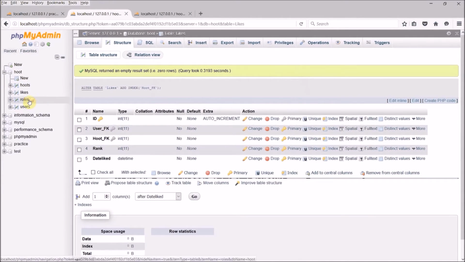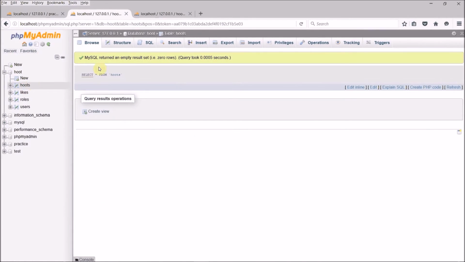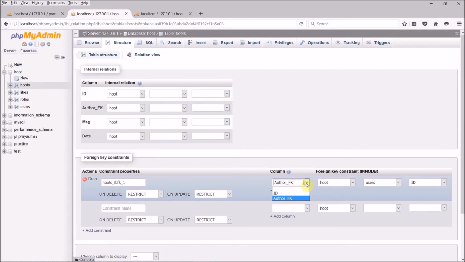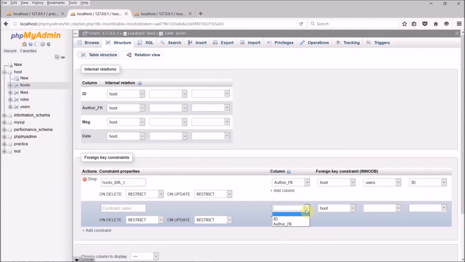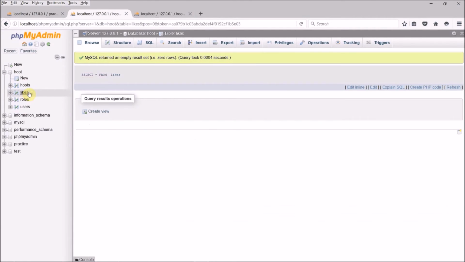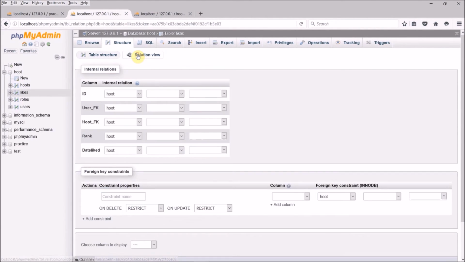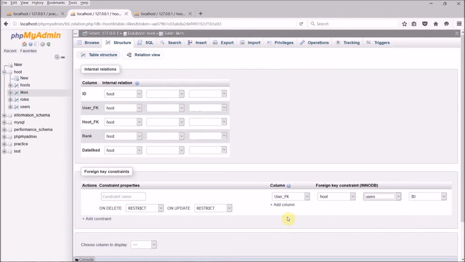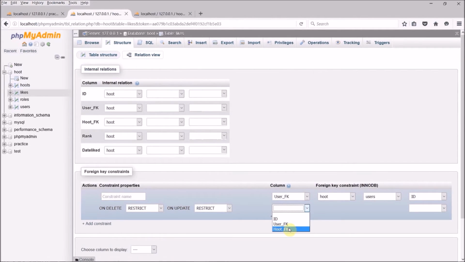Now, if I go to my Hoots table, refresh it, go to structure, relation view, I'll see author FK. Yes, I want that. Oops, not Hoots. I'm sorry. My likes table. There. We'll say user FK, we'll go to users ID. We're going to add a column. Hoot FK will go to